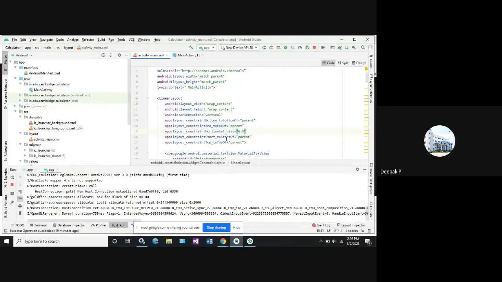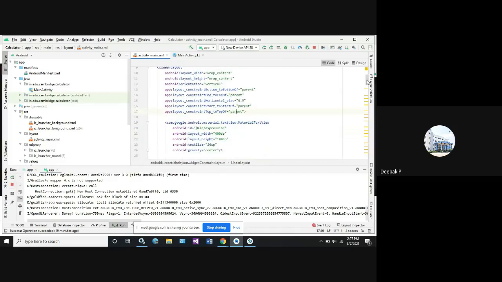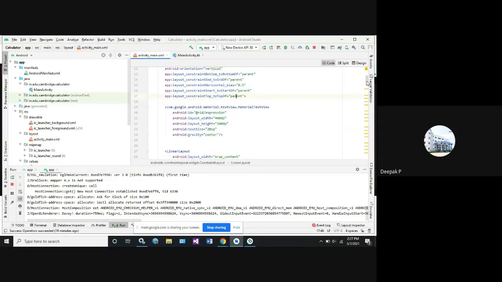Next, when to start, it has to start from parent. So the top class is also parent. So this is our first layout of the overall design. Next comes whatever content you are going to add to the display screen. These are nothing but my text data, right? So I'm going to call the Google Android function. What is the content? It's the material part. What content do I need to display? It's a text view, text content.